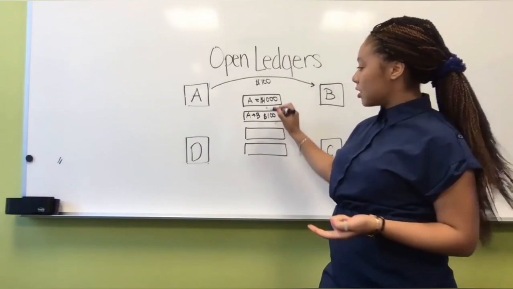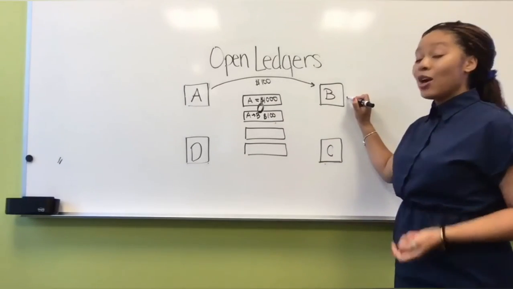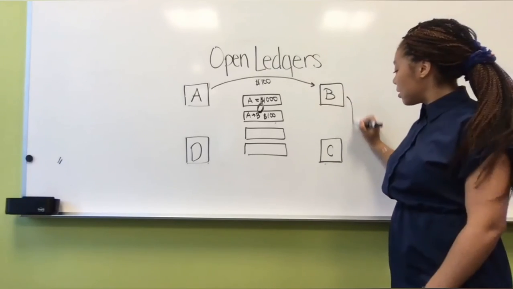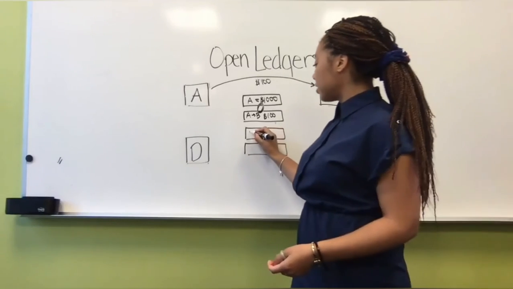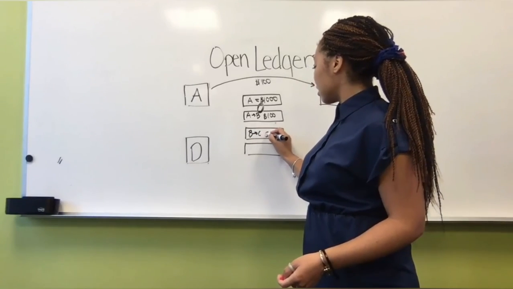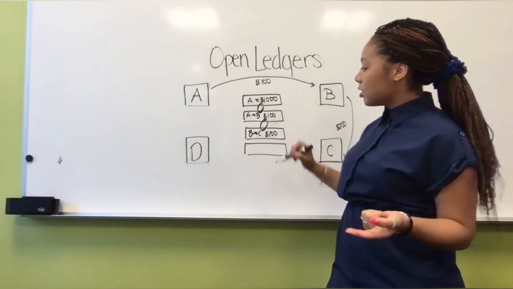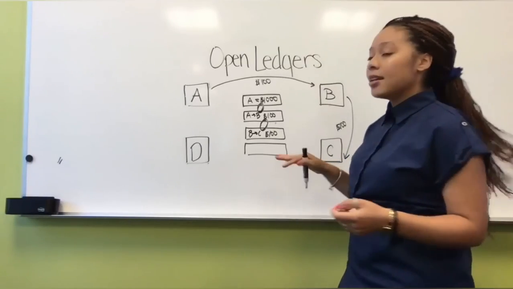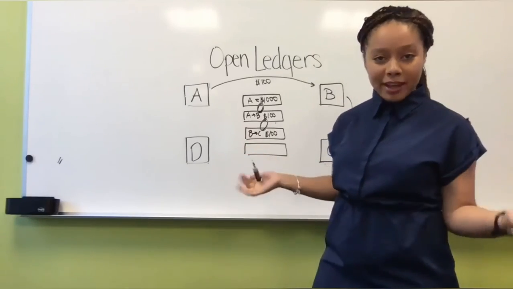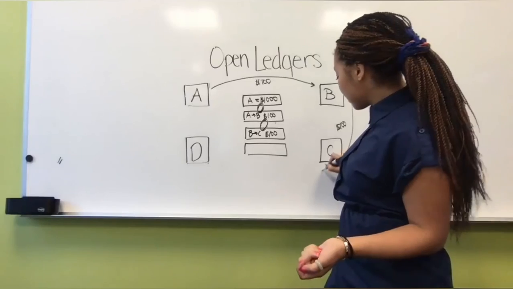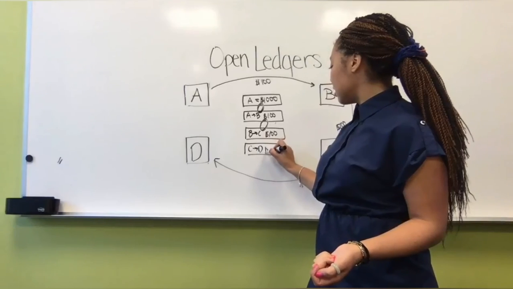And in the open ledger, these transactions are linked. Now, your friend in Nigeria, B, wants to send that money to their bank. So, B to C. We're sending that $100. Again, we're going to create a transaction here. B to C, $100. And like we said before, this transaction is going to link to the other transaction, creating sort of a chain. And now the credit card service or the bank wants to send that money to their bigger bank, so to speak. This is just an example. But yeah, so C sends to D. C sends to D the $100.